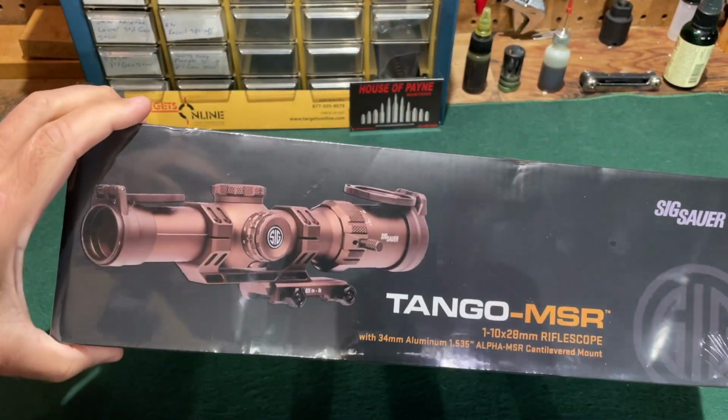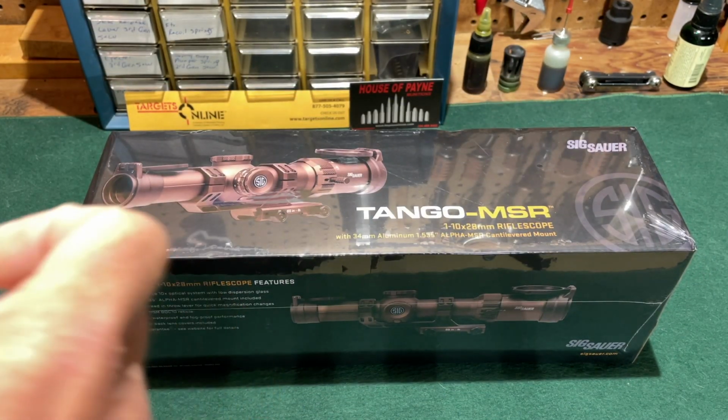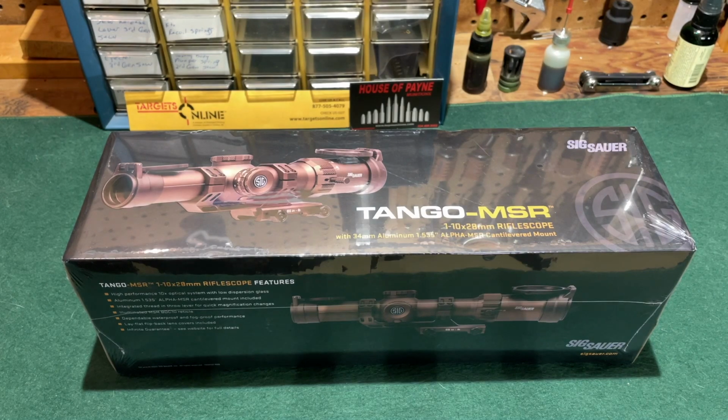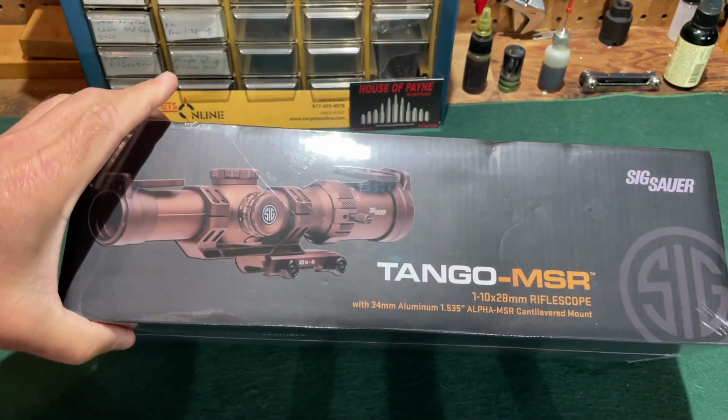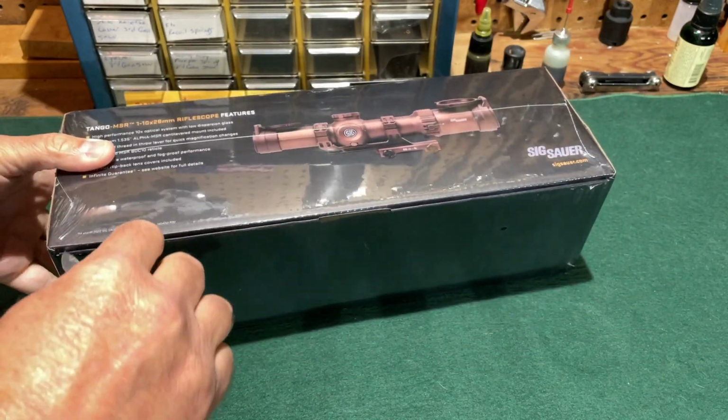This is pretty cool. I have not even taken the plastic off the box yet, so you're going to get a look at this just as it comes out of the box, fresh from the factory and fresh from Optics Planet. Normally, by the way, this scope sells for about $600 on the Optics Planet website,